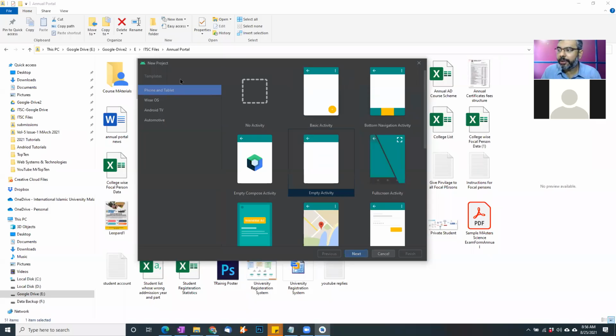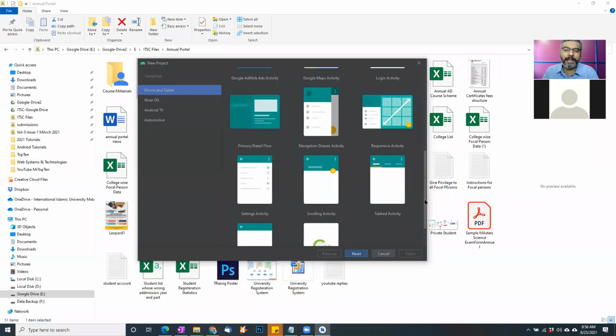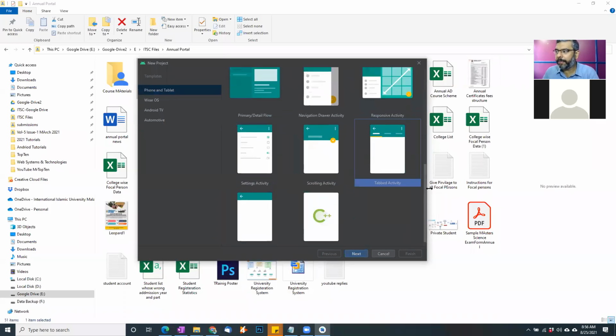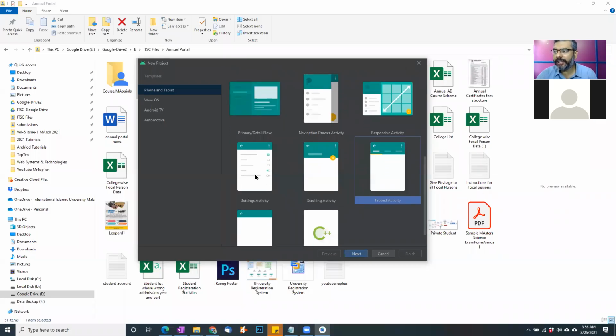Now your task is to develop various different applications using Android Studio, and it gives you the starting point. Basically, this is the starting point that is already there. Some basic activities, some basic information is there, and you can start using this. So for example, if you want to create an app that has a settings kind of look, in which there are multiple settings, just like we have in any Android, you can start from here.